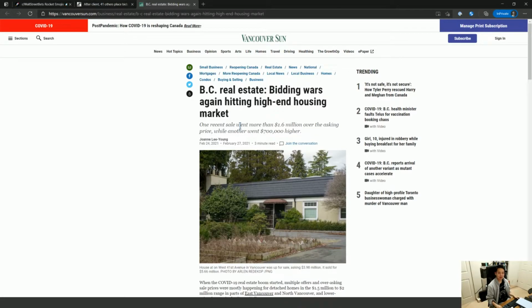Where do I even start? Do I just put in 1.6 million higher than what the asking price is? Like, what is the right bidding? And you have to understand that when you buy a house, at least in Vancouver, this isn't like eBay.